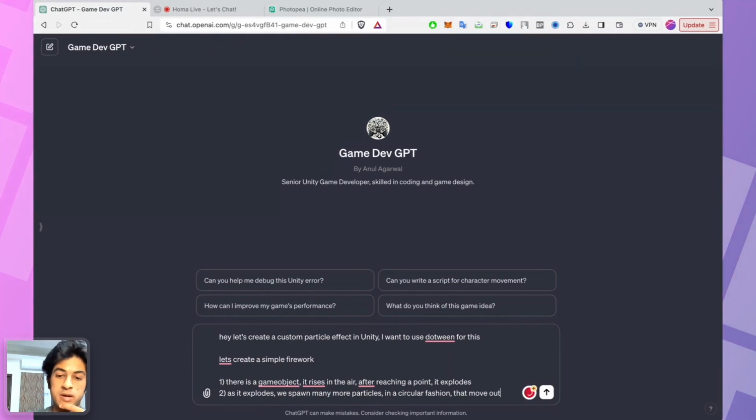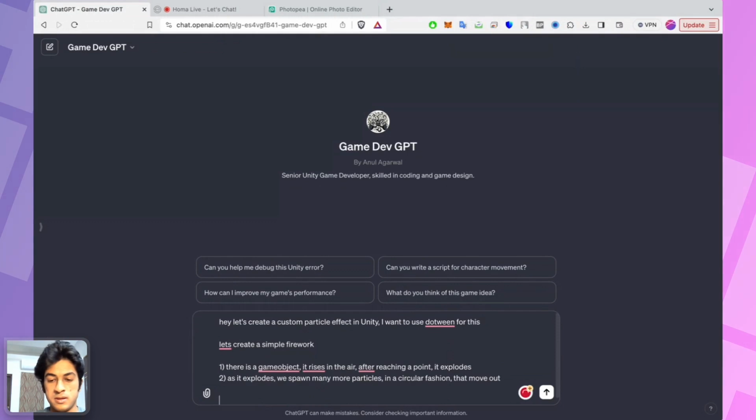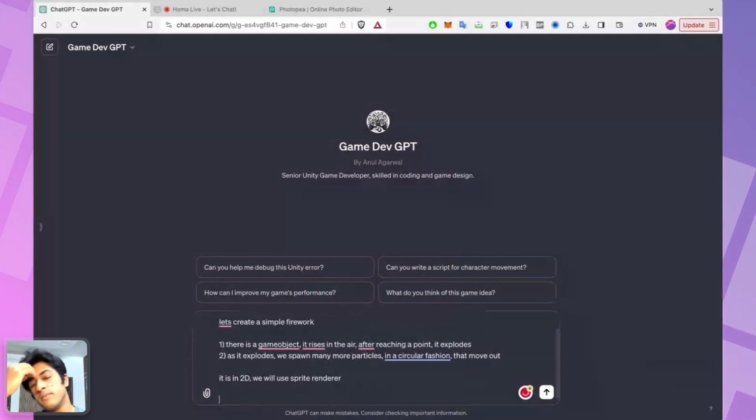But we also need to define if we are using 2D axis or 3D axis. It is in 2D. We will use sprite renderer. Let's also define some effects that we want to have. Maybe it's a firework, so the particles disappear after a while.